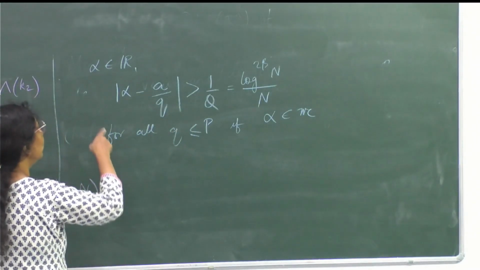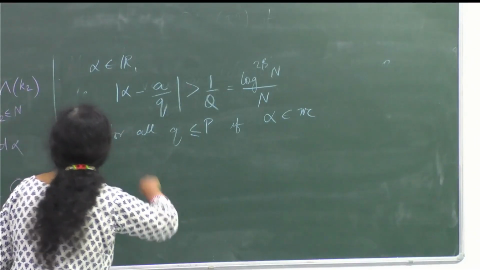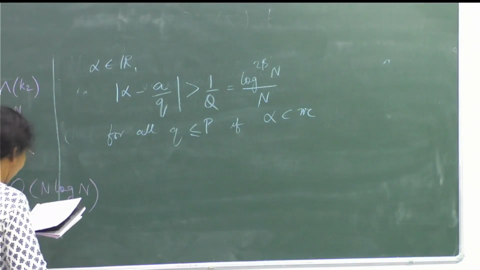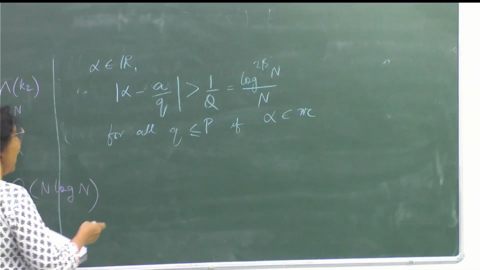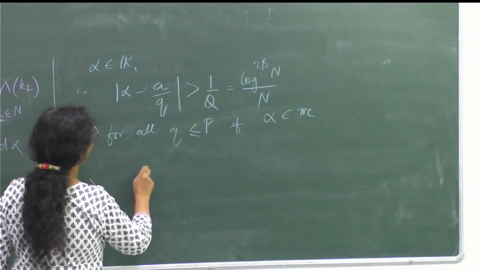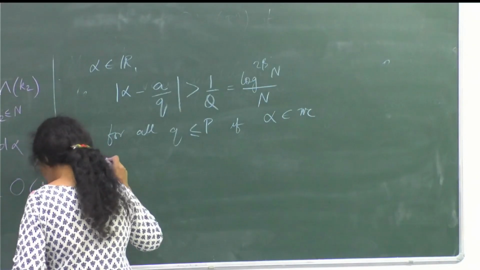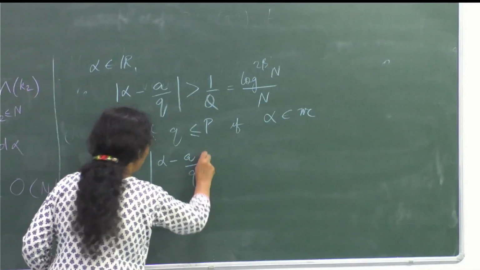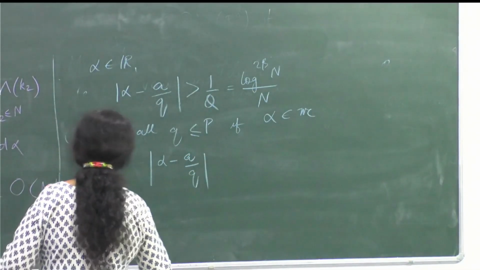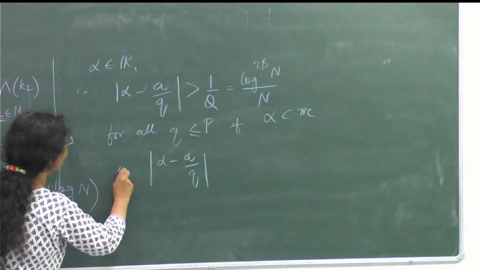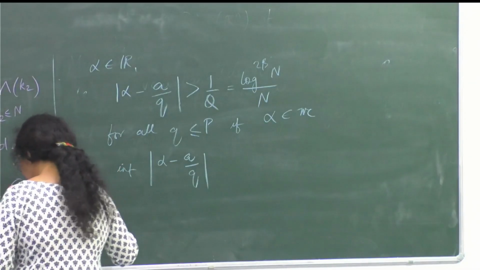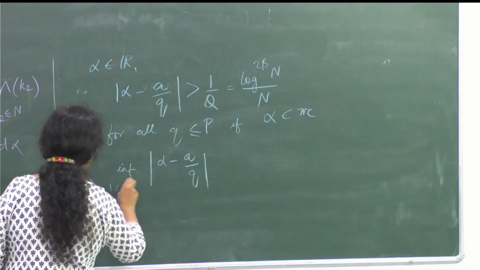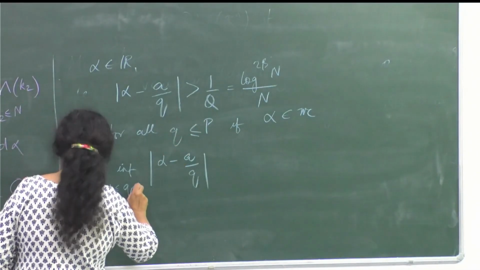I have S of alpha. I want to find a bound for it, and therefore, I take this alpha minus a by q, and I take the infimum of q between 1 and p, because q is between 1 and p,